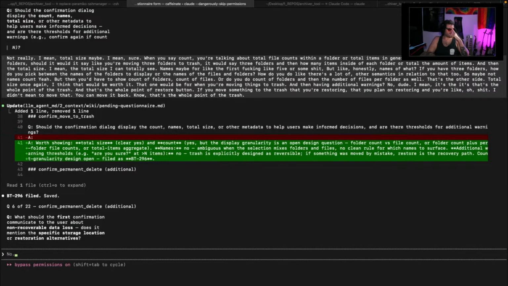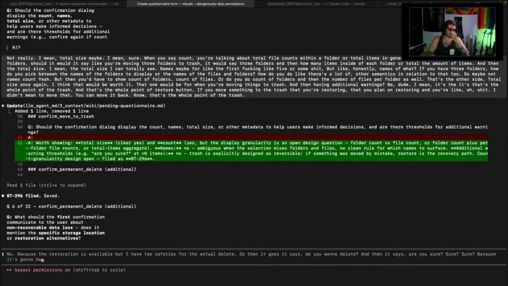No, because the restoration is available, but I have 2 safeties for the actual delete. So then it says, do you want to delete? And then it says, are you sure? Because you can't restore this data. So there's 2 safeties for that. But in terms of recovering it eventually,